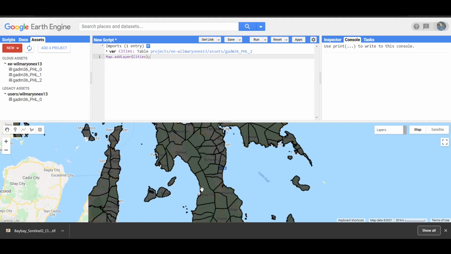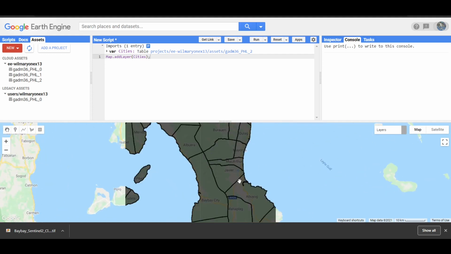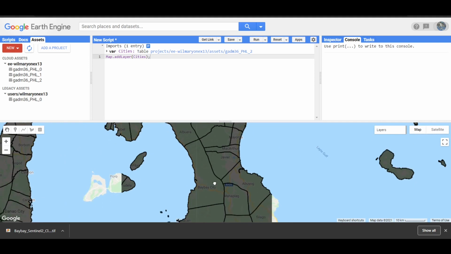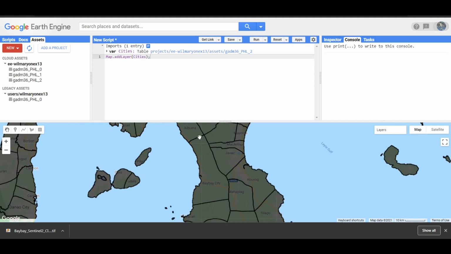Okay, so as you can see right here, these are the political boundaries. Baybay City Leyte is here, just like an L shape. And we want to have a shapefile of only Baybay City Leyte because we want to clip a certain Sentinel-2 dataset to fit this boundary. So how do we do that? First things first, we need to filter. So let's create a variable to hold this